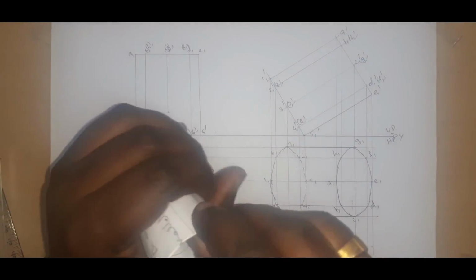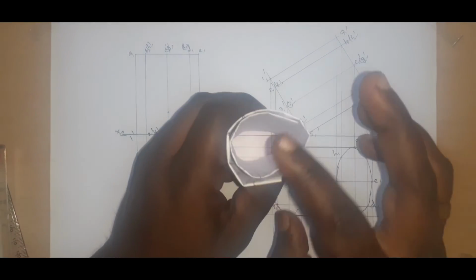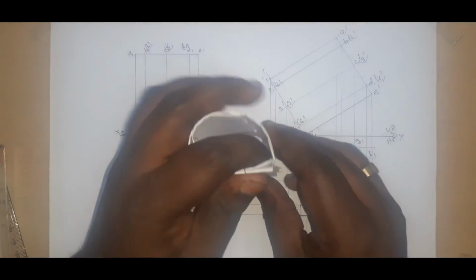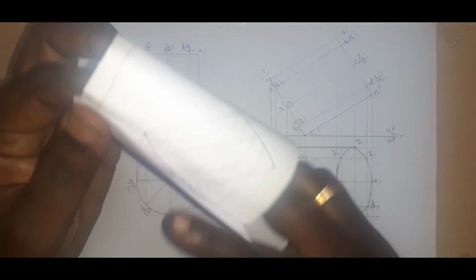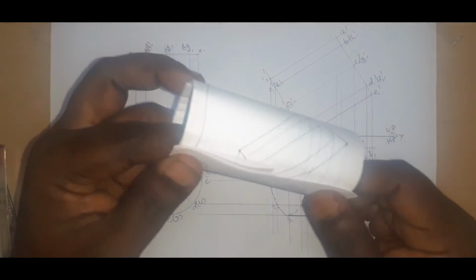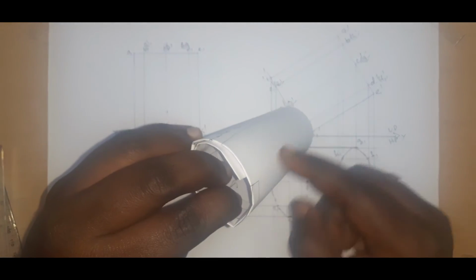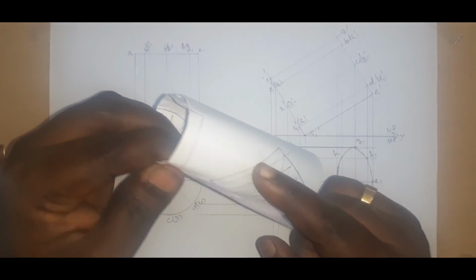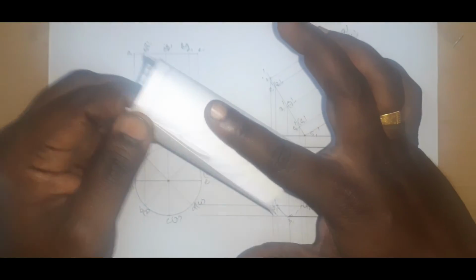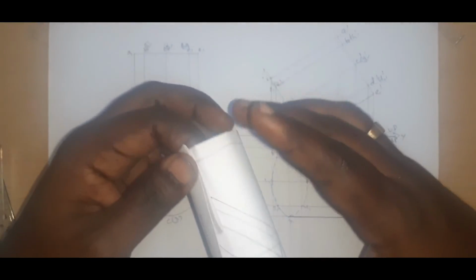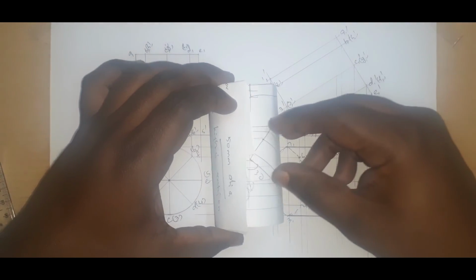So this is the cylinder. Here this is a circle, and this is another circle. Here so many lines are there. Look here, this is one line, and another adjacent line, and another line. These lines are generating the cylinder. So which one is the generator? Here the line is the generator. So this cylinder is lying on HP in this way.